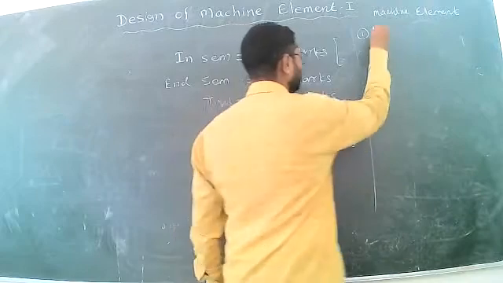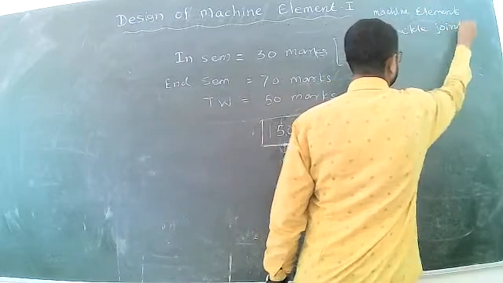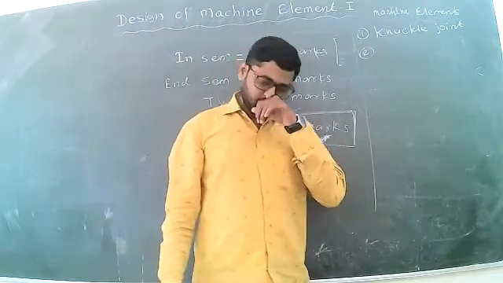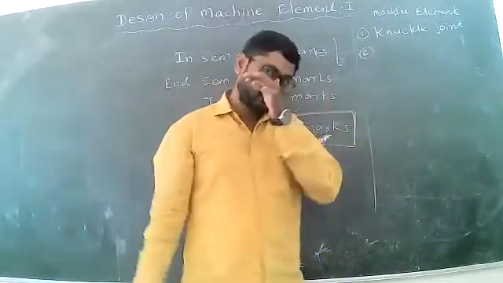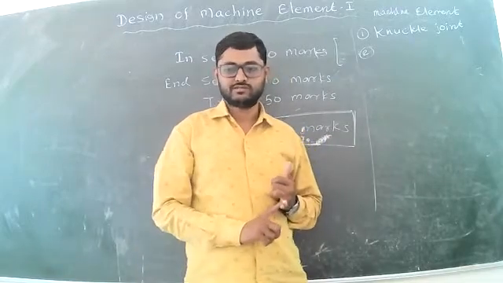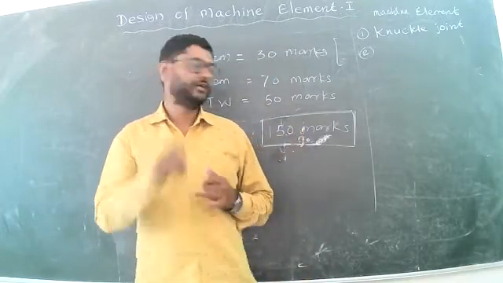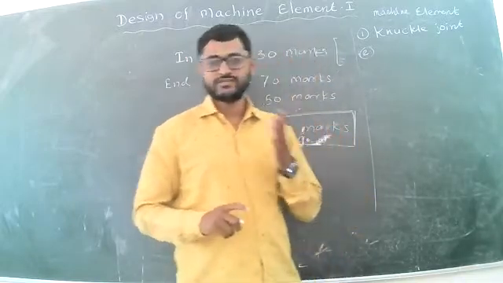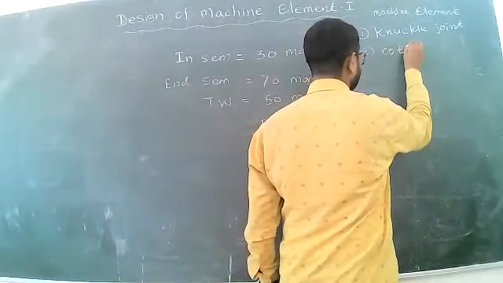For example, knuckle joint. We have to learn in detail. Design of any machine element means what? We have to design an element based on some criteria, based on strength criteria, based on its wear characteristics, or so many factors, permissible shear stress, etc. So, for example, first machine element is knuckle joint, second cotter joint.